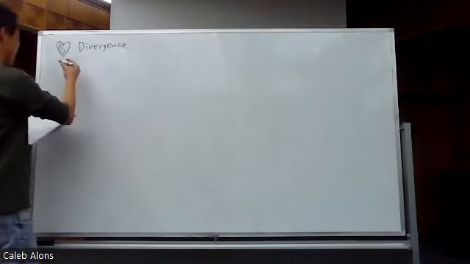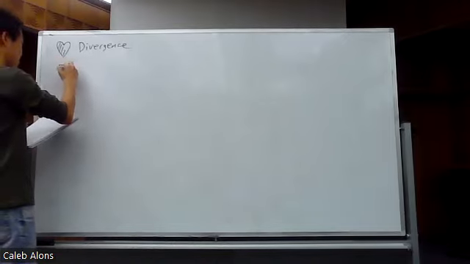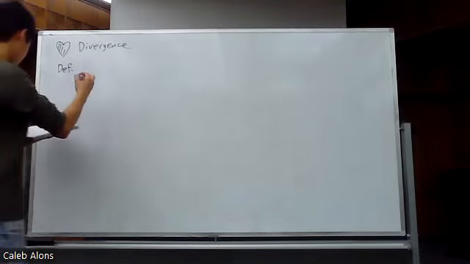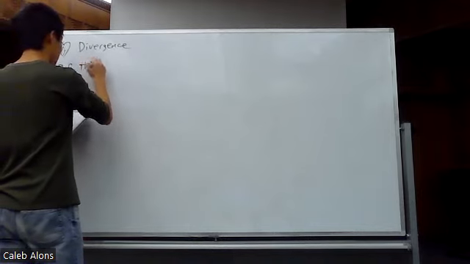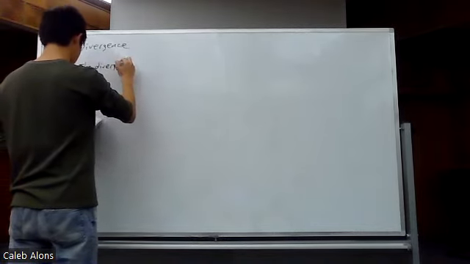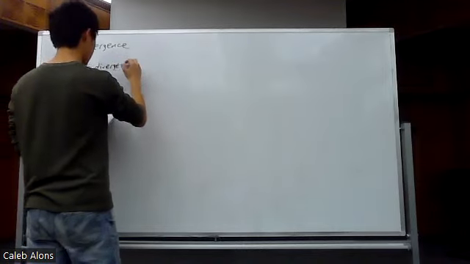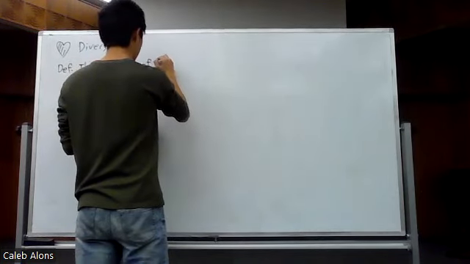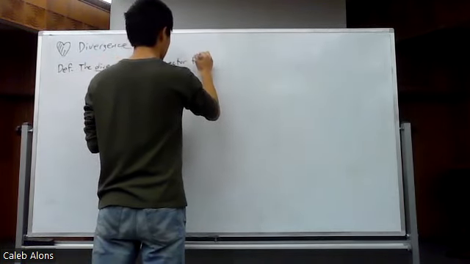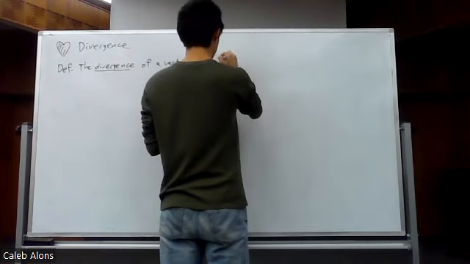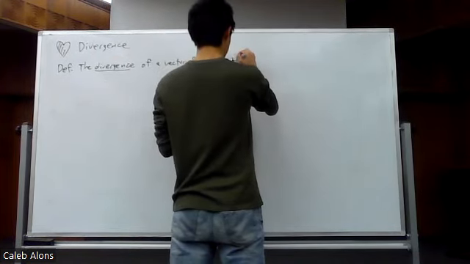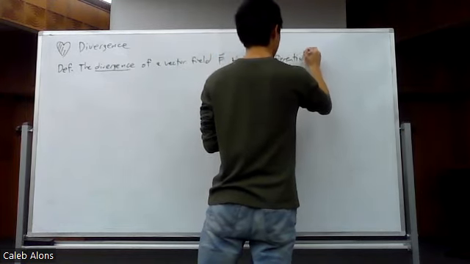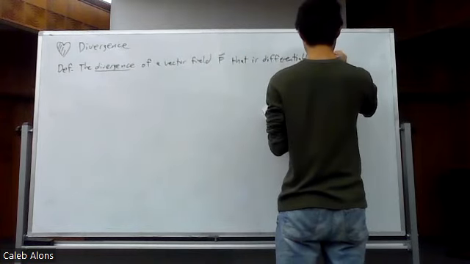Okay, so let's actually define. Rebecca asked a good question last lecture about where things come from in terms of the Green form. So this is where we get to figure that out. So the divergence of a vector field F that is differentiable on a region